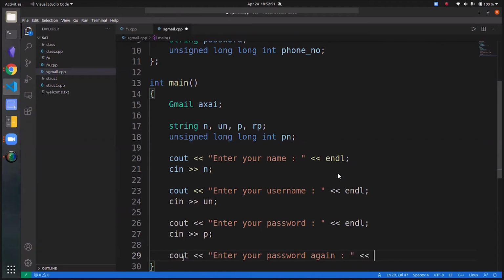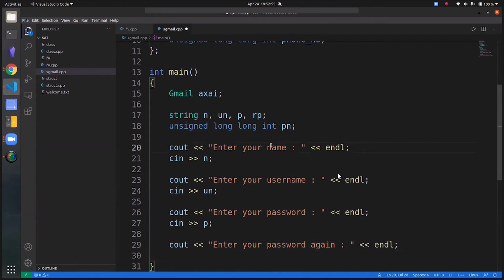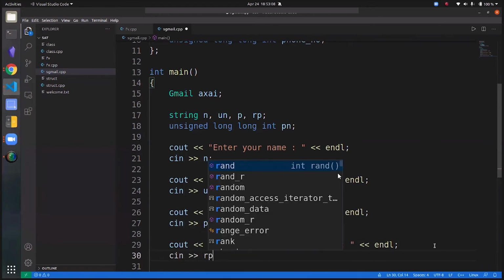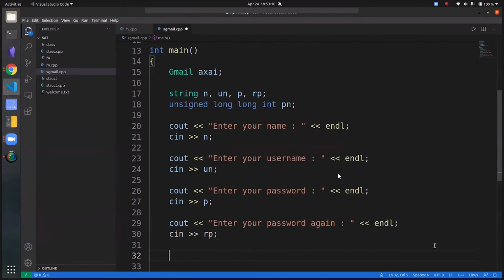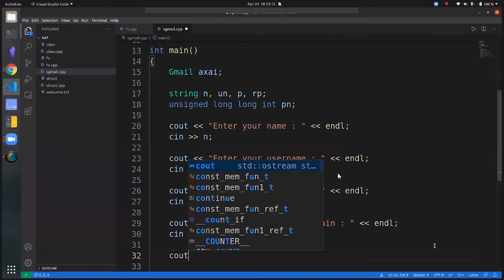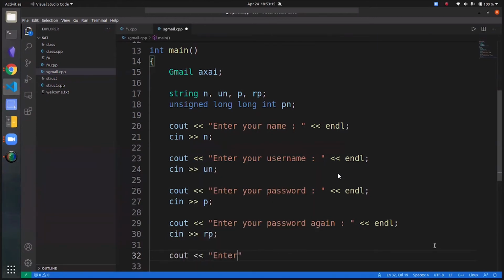Okay, so I think this is pretty much how a sign up process goes. They will ask you to enter your name, they will ask you to enter your username, they will ask you to enter your password, and then they'll ask you to enter your password again, right? Because they want to make sure that you've typed the same password. So I'll do that. And then finally we'll ask them to enter the phone number.